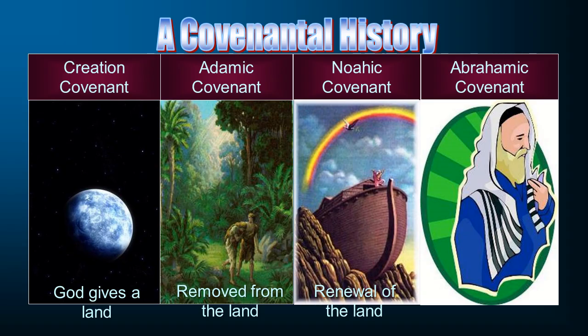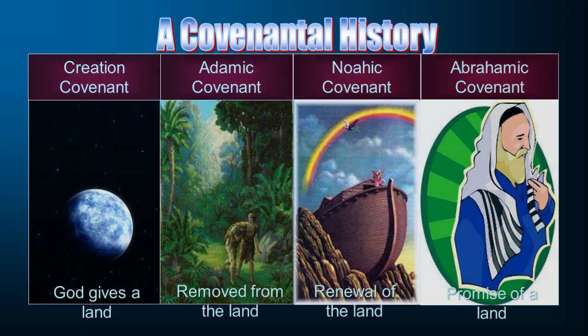So this Abrahamic covenant. And again, there's a promise of a land. It's not that first land. It's not Eden. They had been removed from that land. There's now been a renewal of the land, and a very particular portion of the land is promised to them, the land of Canaan. And you begin to see the development of that, before Abraham's even born, as early as Genesis chapter 9 at the end of the chapter. But now Abraham is born, and God cuts a covenant with him.